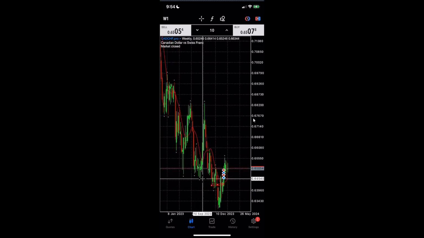At one point, this was a lower low, right? At one point, this was a higher low, right? At one point, this was a lower low. You see? So the fractals are actually going to help you train your eye to see higher highs, higher lows,